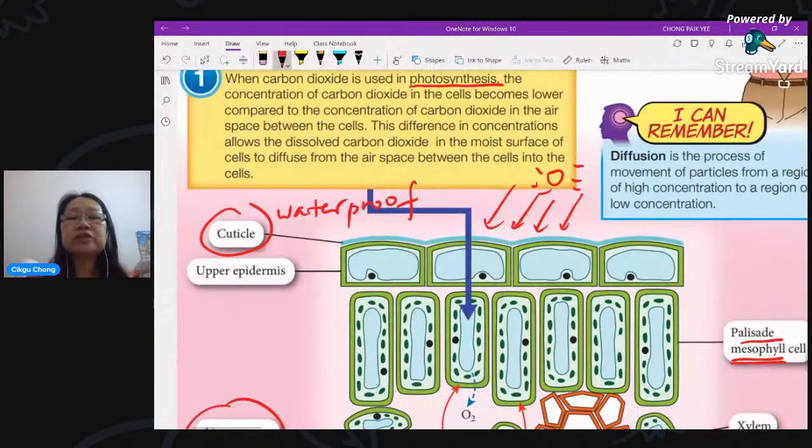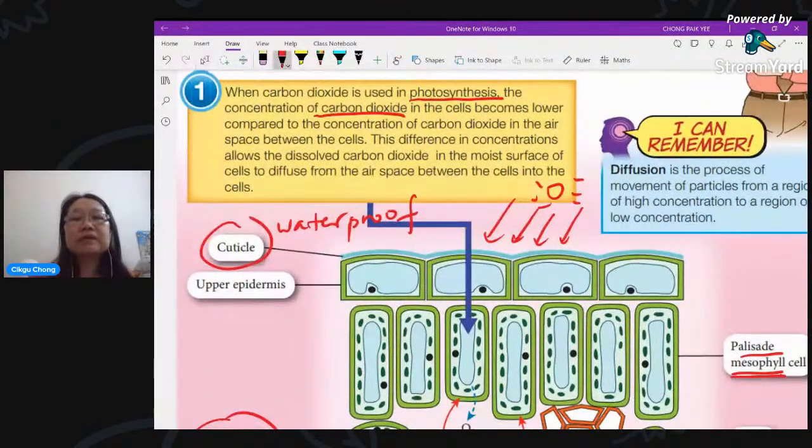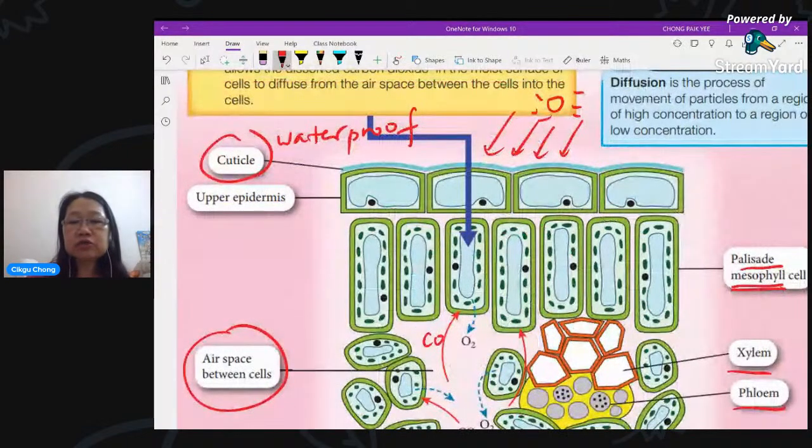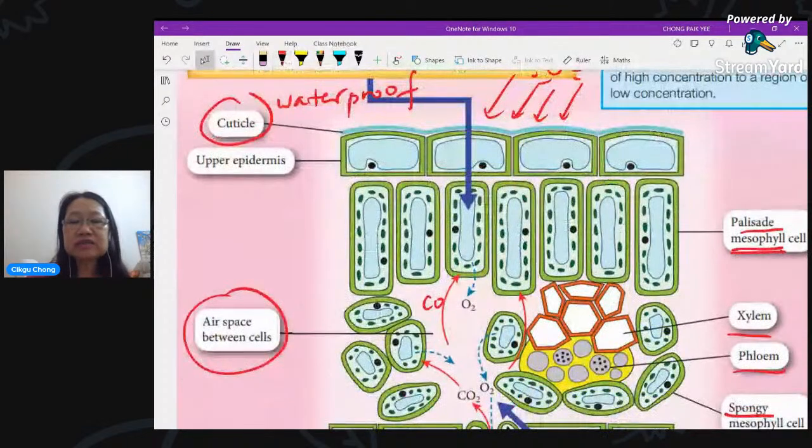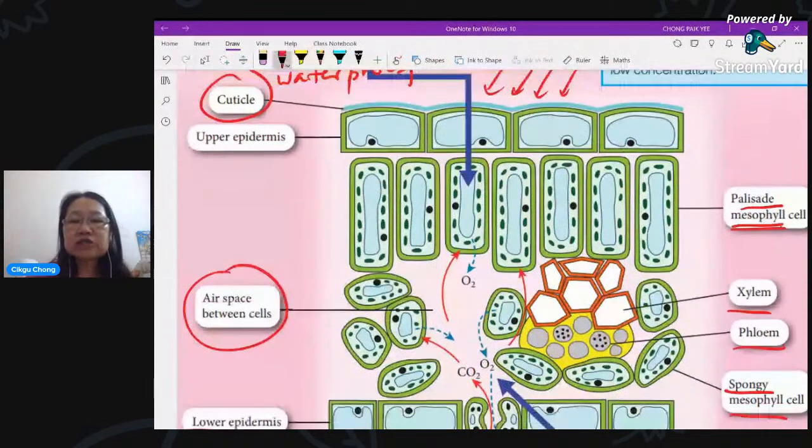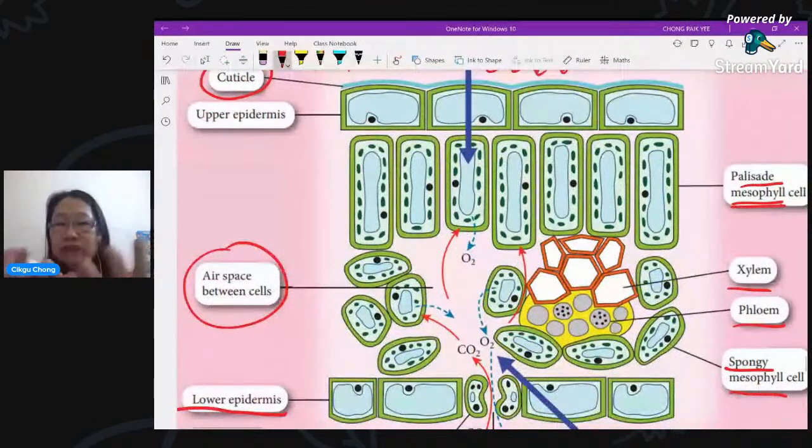It's used up. This carbon dioxide that's already inside here, there's already CO2 here, right? The red color, see the red color arrow? This shows carbon dioxide. So this carbon dioxide is already inside because remember we said there's a lot of air space inside. There's a lot of air space, that means there's carbon dioxide inside there. So when it is daytime, the carbon dioxide will be absorbed into the cell because the cell needs it to make food. So this carbon dioxide goes in, okay?